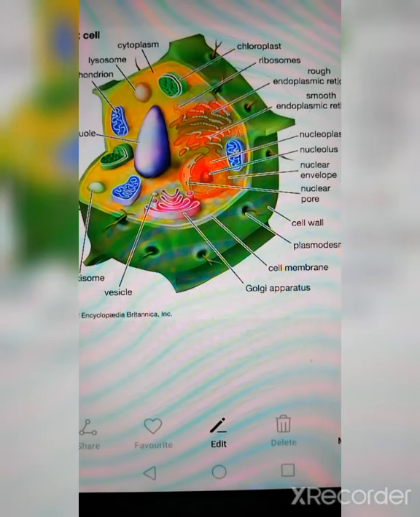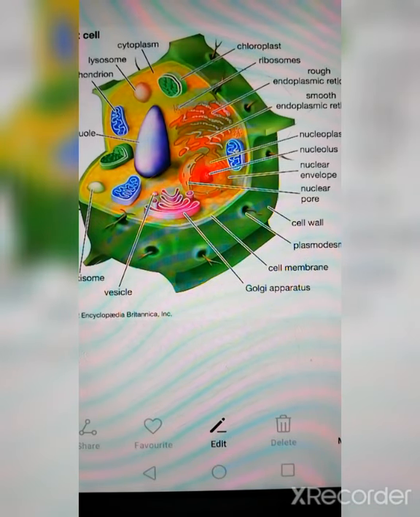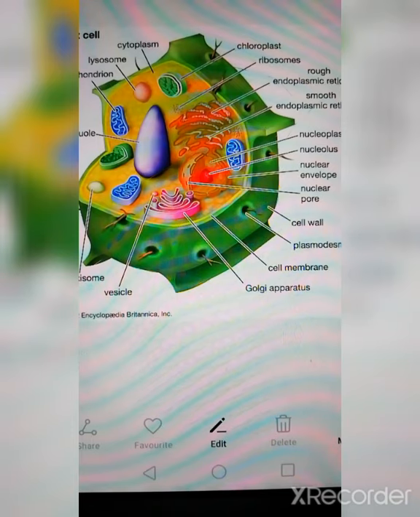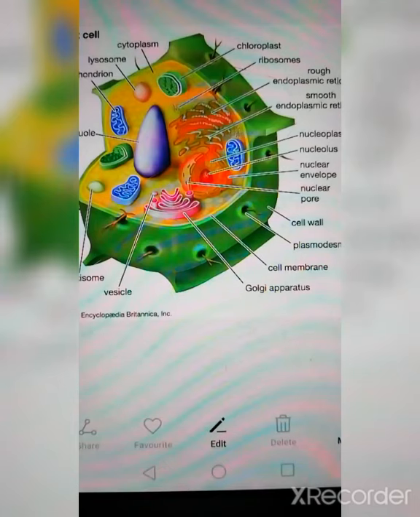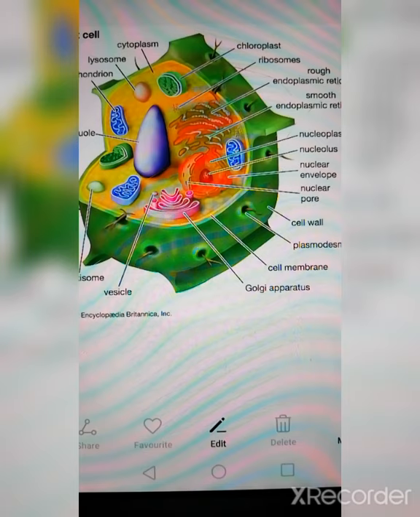We will start with the first unit, cell, its structures and functions. To start with, in your previous class you have studied about different kinds of cells which are found in human as well as certain cells which are found in plants. In this unit we will study about different parts of a plant cell as well as different parts of animal cell. To start with, this is the diagram of a plant cell.